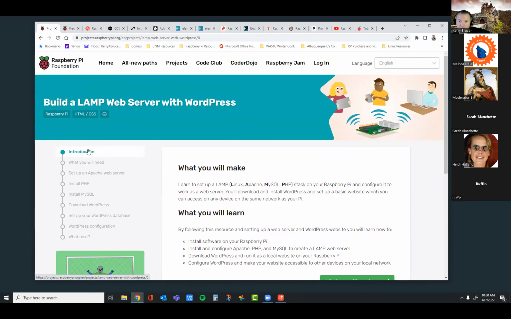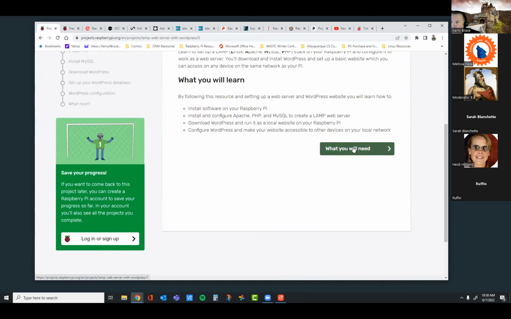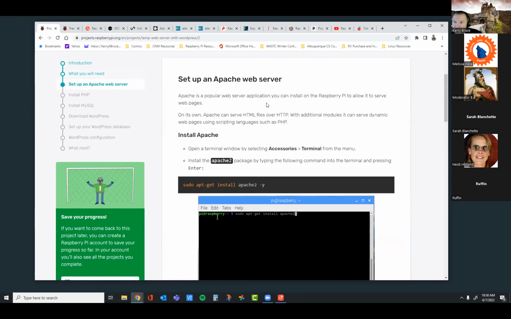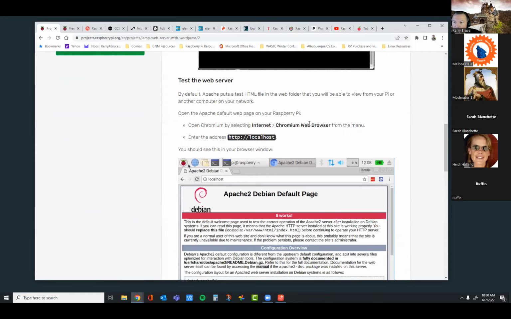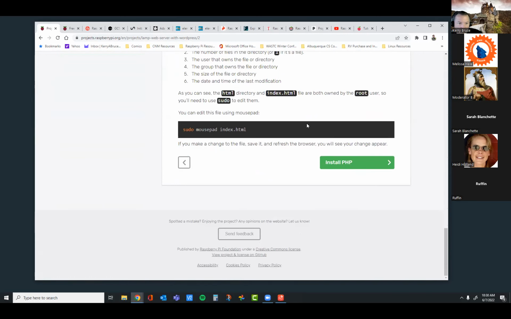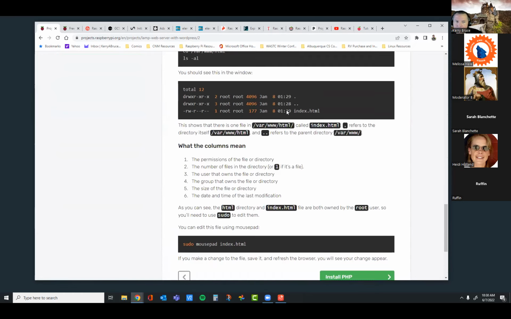you could create your own. You could actually turn this into an assignment and PDF the entire thing. I think you can print it as a PDF, but when you print as a PDF, things get lost in the mix. Because there's always what you need, like you can do this update and an up-to-date install, and then set up the Apache server. Does that make sense?